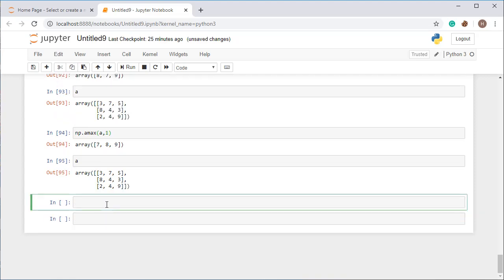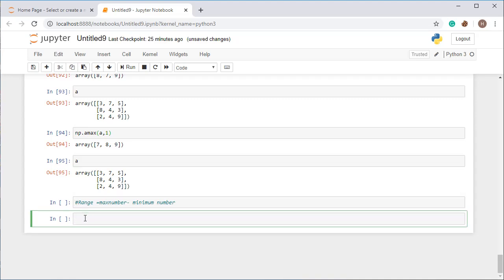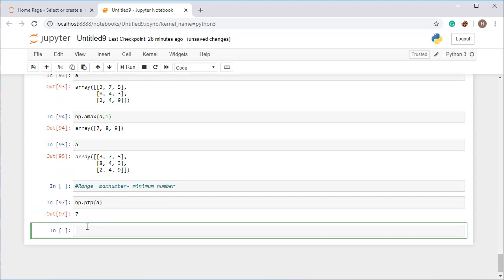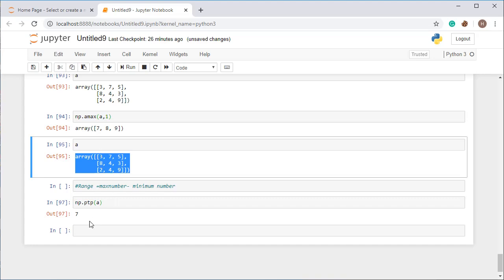Now I am going to show you another function, that one is PTP function. It actually gives you the range of given numbers, means it calculates the range by maximum number in the array and minimum number in the array. It will give you the idea about among which range all the numbers of an array lie. Alright, so you can check like this, np dot ptp and pass the array. When you will not give any axis value, then it will return the total max minus min. Among the total, 9 is maximum and 2 is minimum, so it has written the value as 7.